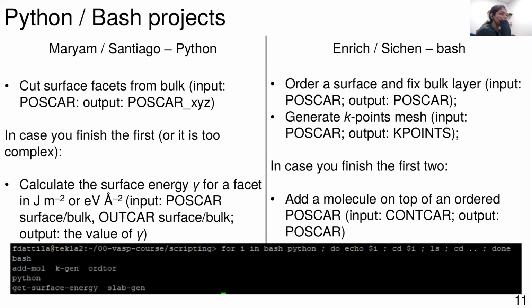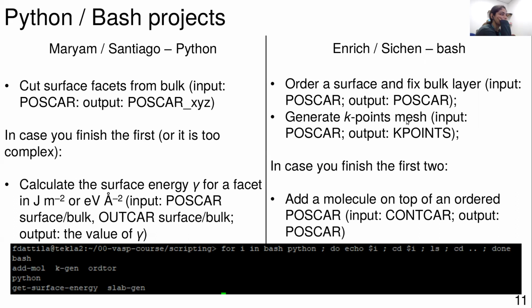Now I want to freeze 2 layers, and then the script automatically sees which are the atoms and the coordinates that are included in the 2 bulk layers, and instead of having them true, it puts them to false. It's better written like in the input that I give you. Don't worry. Then second, very easy: generate the k-point mesh using the Monkhorst-Pack path.